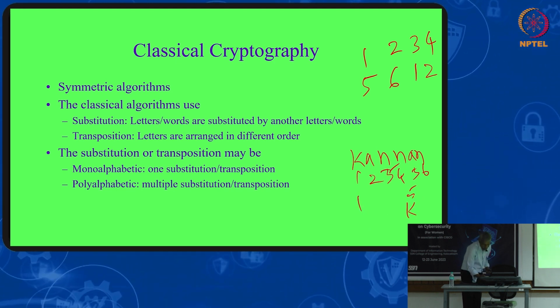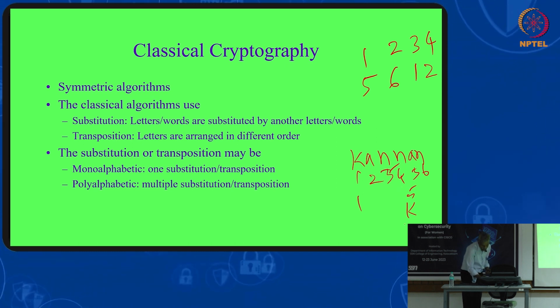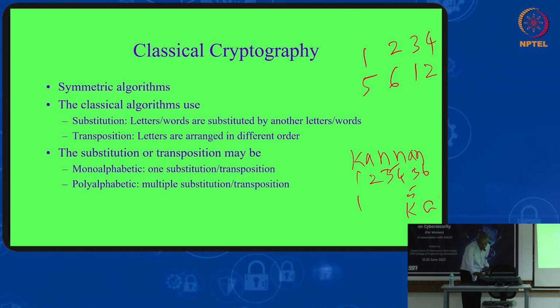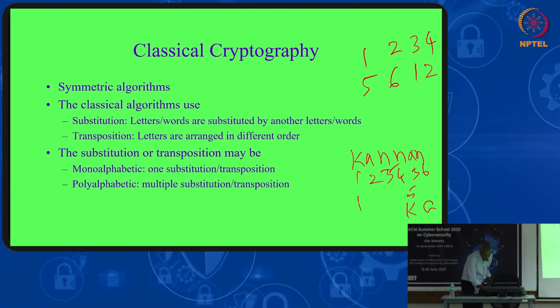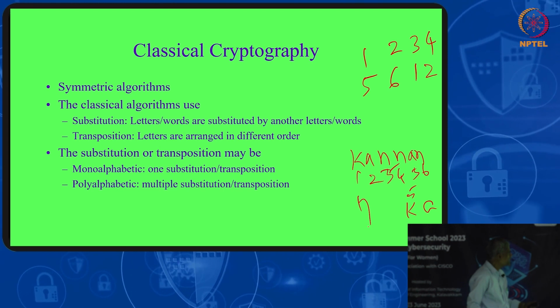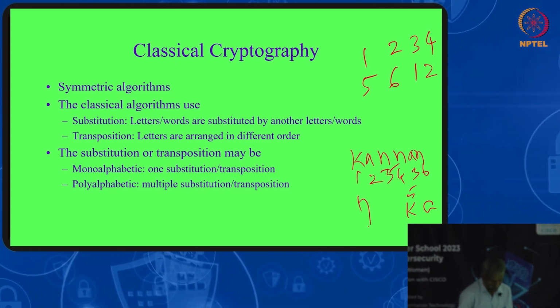So it is coming to 5th place. 2 goes to 6, that means A comes here. 3 goes to 1, that means N will come here. Like this, if you are changing, that is only